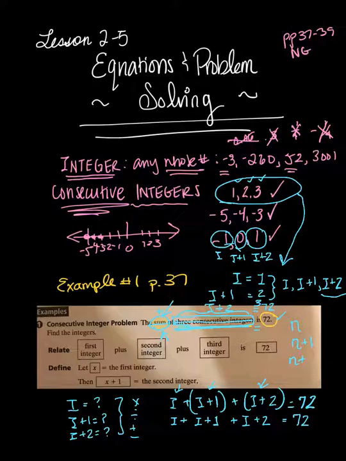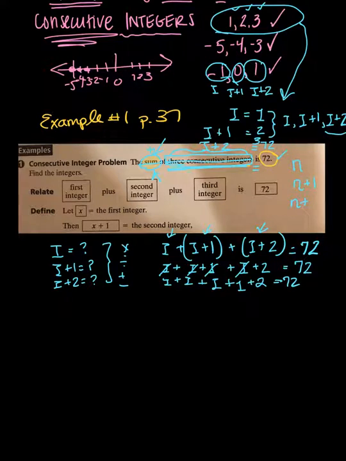All right, I have my equation here. And at this point, we're about midway down on page 37. So I need to combine my like terms. I have I plus I, always rewrite first, plus I, all right, plus 1 plus 2 equals 72. Now I can combine my like terms. I have how many I's here? 1, 2, 3. I plus I plus I is the same as 3 times I, plus, bring that down, 1 plus 2 is 3,